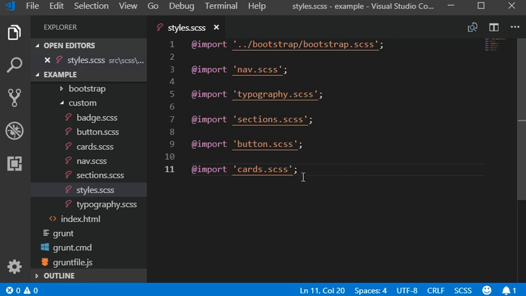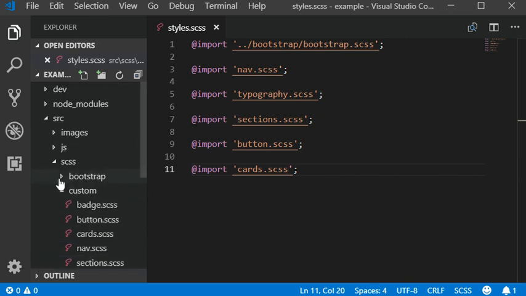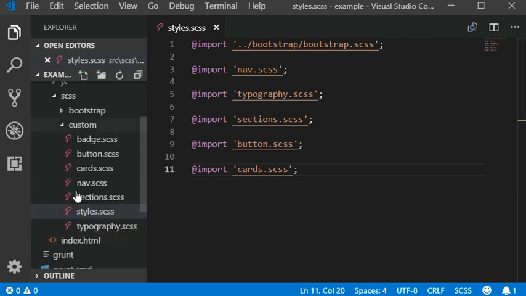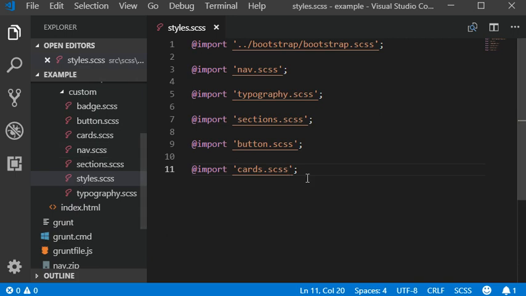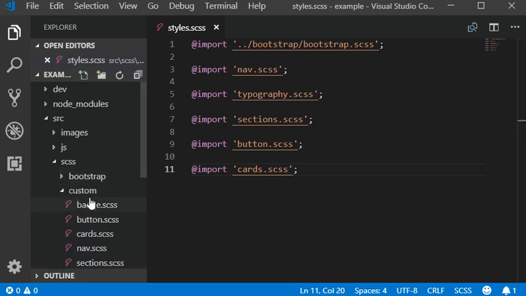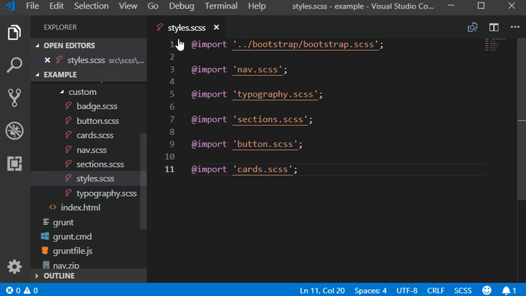So if you did not set up your Grunt Sass, you can watch my Grunt tutorial and the Sass tutorials, so you can easily understand how we are creating this import, and here is our Bootstrap, and customize them,